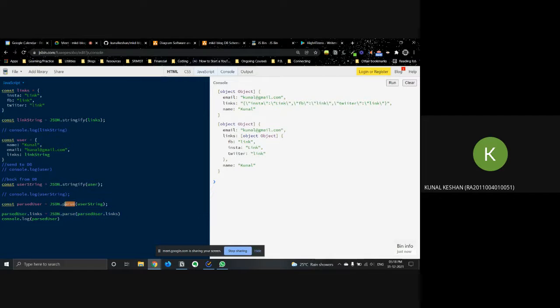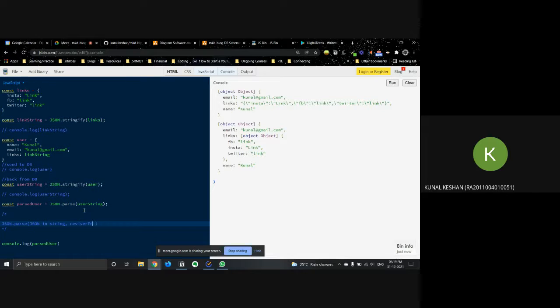Actually, JSON dot parse allows a second argument called a reviver function. Okay, so I'll just put it down here. JSON dot parse: the first argument is the JSON string that needs to be parsed, obviously, and the second is a reviver function.